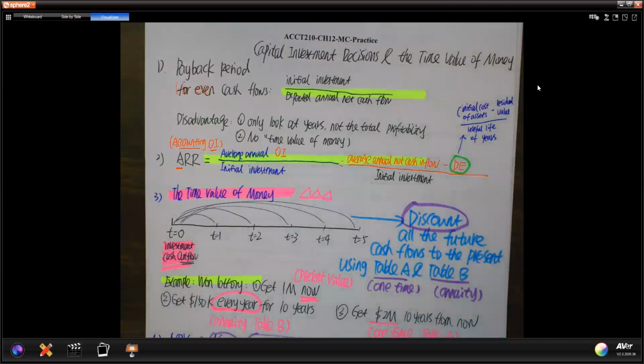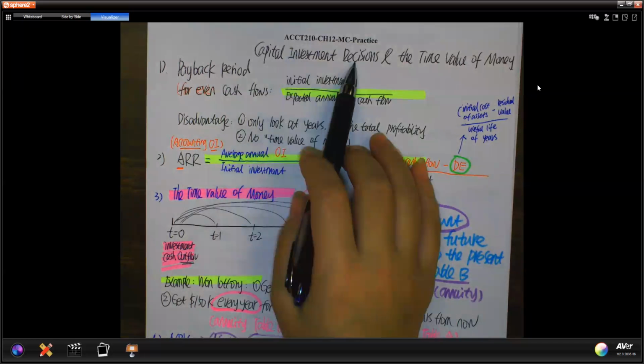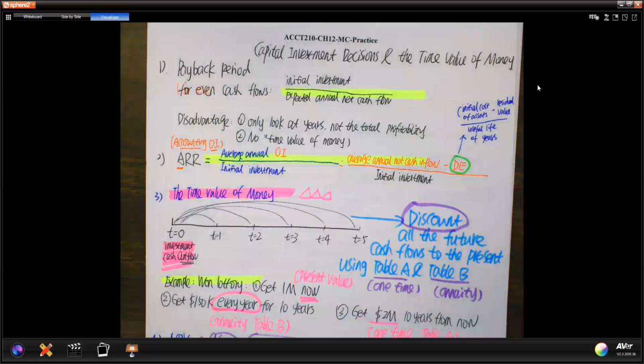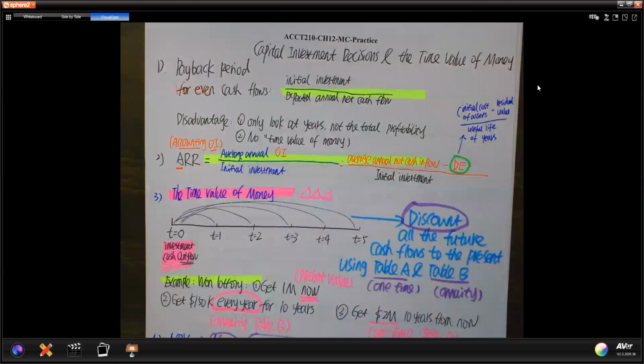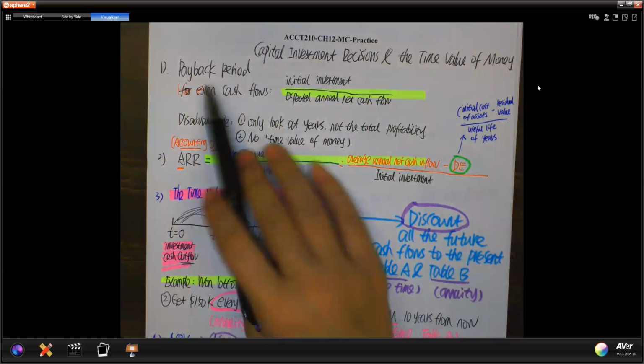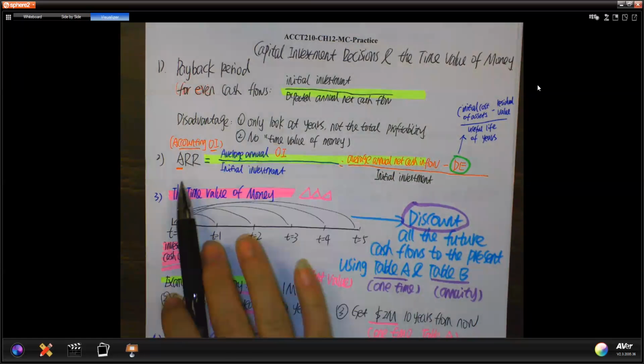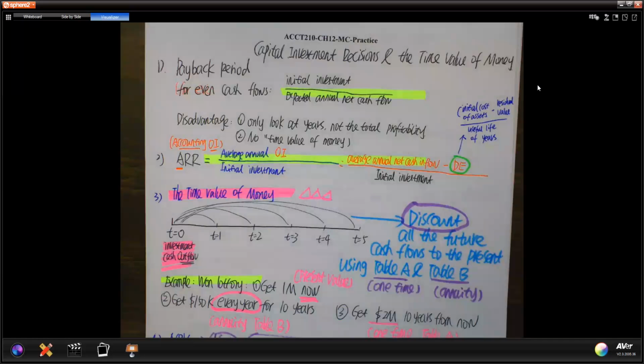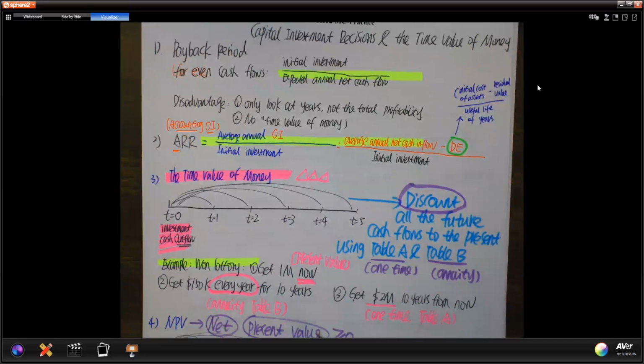So the first thing we said, four measures to decide the capital investment. You are a millionaire, you are thinking about investing in different projects. You can invest in an ice cream store, invest in a gas station, invest in something else. So which one should we invest? There are four measures. One is the payback method, one is ARR, one is NPV, and the next one is IRR. So those are the four things.